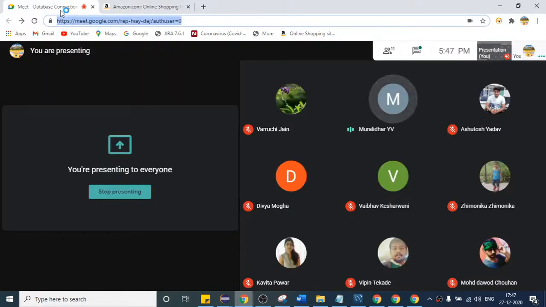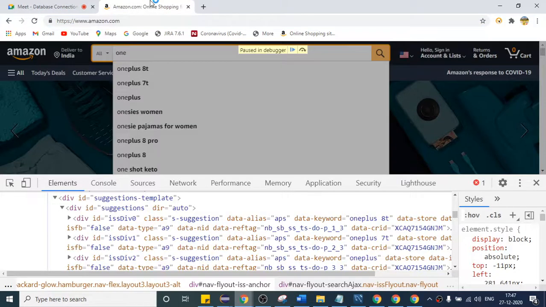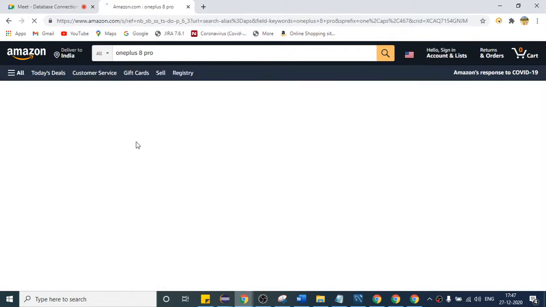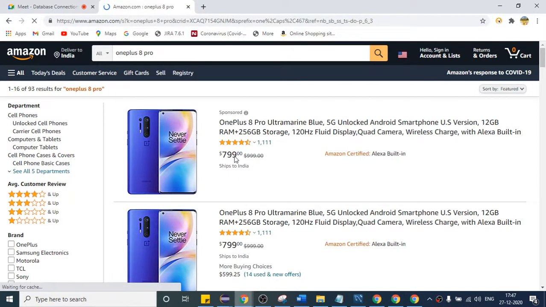In the same thing, suppose I select any of the mobiles, suppose I click on OnePlus 8, anything. If I want to match the amount, it is showing as a reference link. Suppose I click this, which amount? You can capture this.